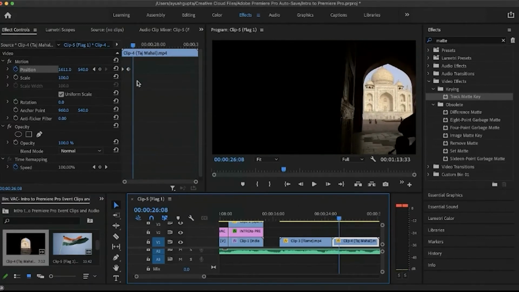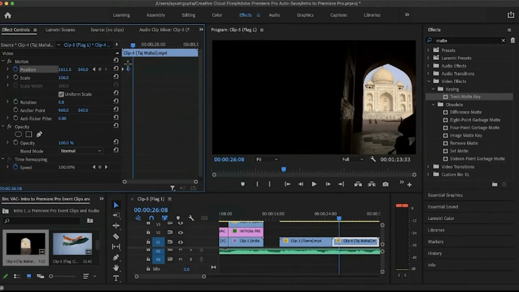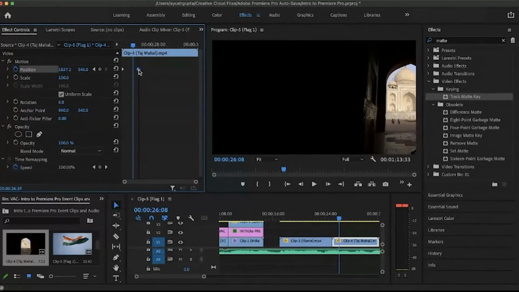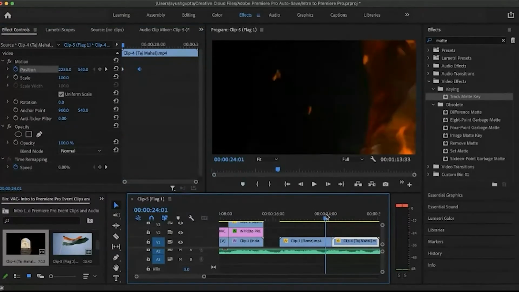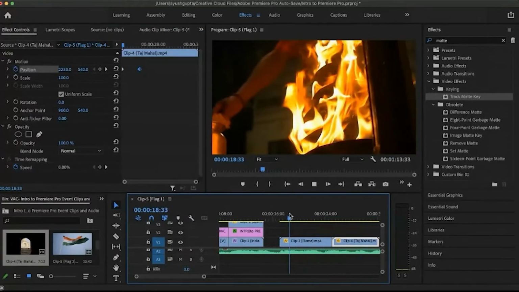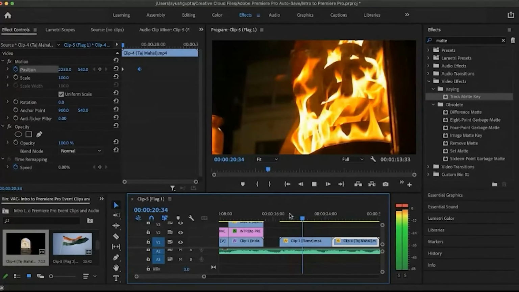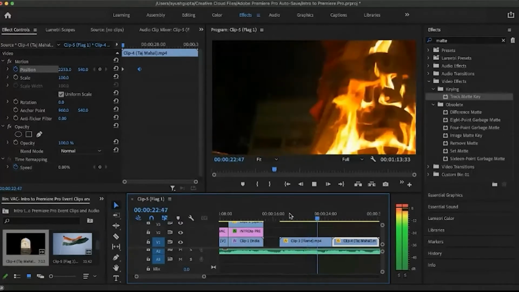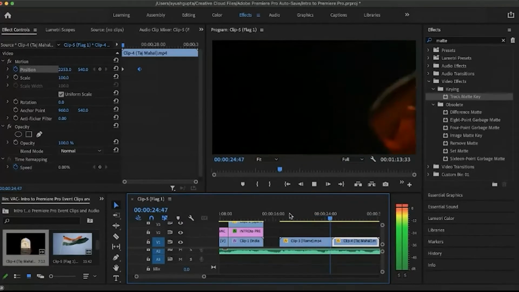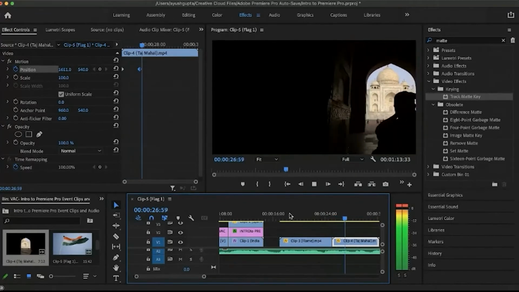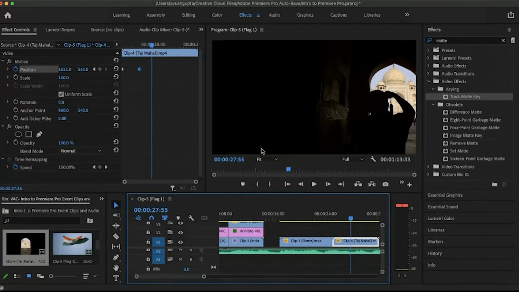We can see here it's a bit fast. So to slow it, we'll take the second keyframe. As we don't want it to occur at an earlier time, we'll drag it to the right, to a further away point in time. Now let's see the transition. Now you can see it's a bit smoother.